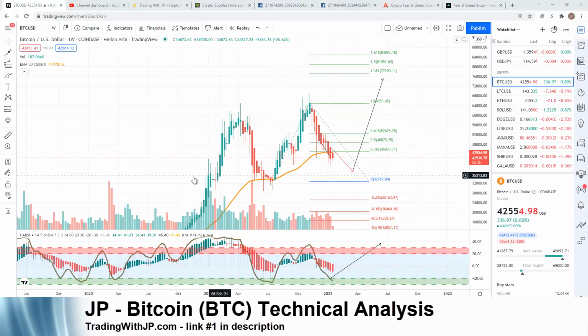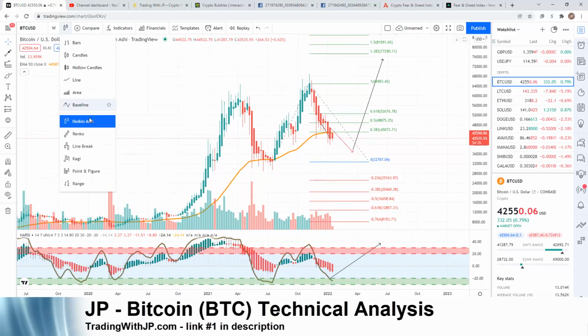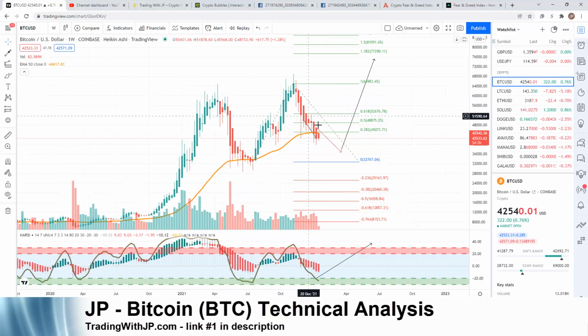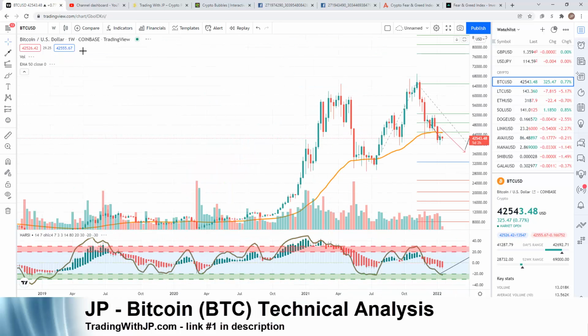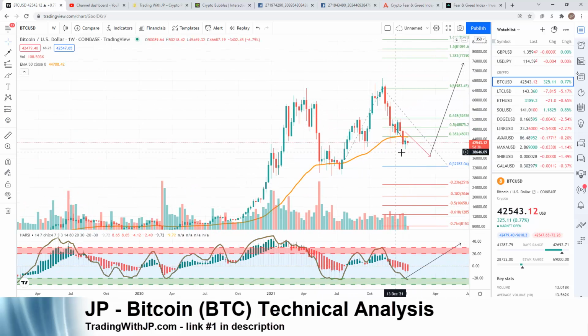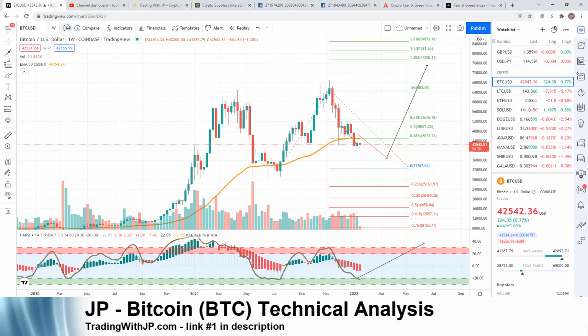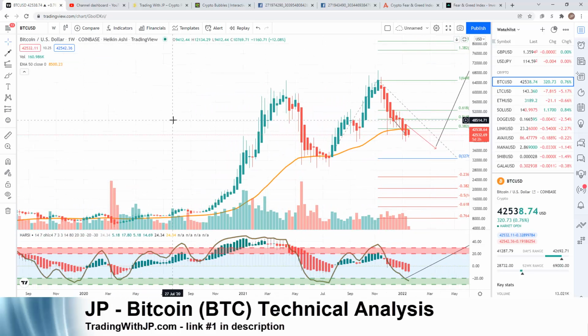Also, by just looking at the chart, you would think that I'm looking at just candlesticks, but this is actually going to be the Heikin Ashi candlestick. The difference between these is it helps smoothen out the upswings and downswings a little bit. So here, if we take a look at this part right here, we can see that it's all red. But if I change and go to just the candlesticks, we have a little bit of mixtures of green in there. And so for some traders, that may potentially indicate false signals and things like that. So for this video in particular, we're going to go ahead and look at the Heikin Ashi just to make things a little bit more clear,